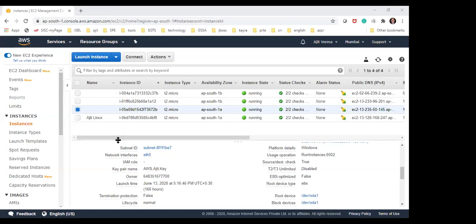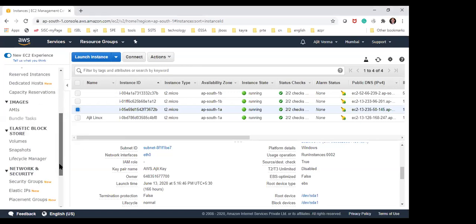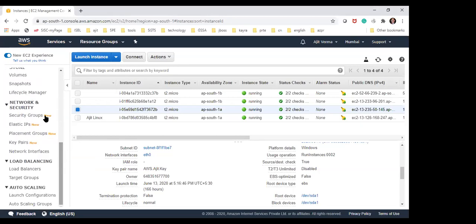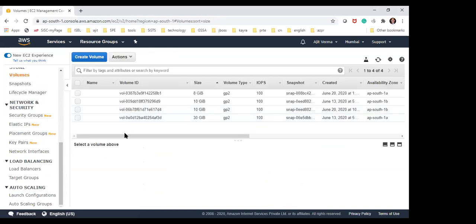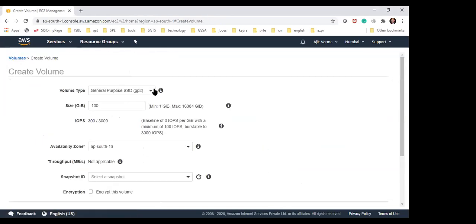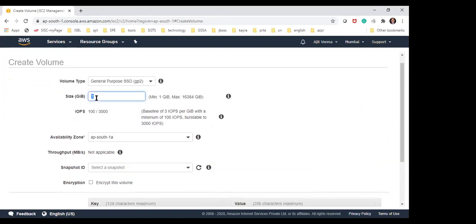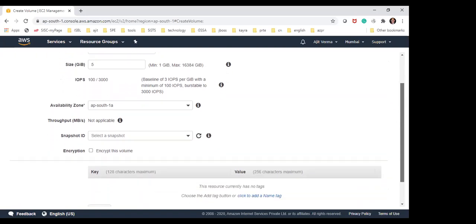Okay. Now you create a volume. Go to volume. Down, yeah, exactly, that is where it is. Slightly up. Create a volume. Make sure it is not already attracting any charge. Just select 1 GB, that is enough. Maybe put 5 GB for the sake of learning. Availability zone: which zone is that server sitting in? Do you know that?